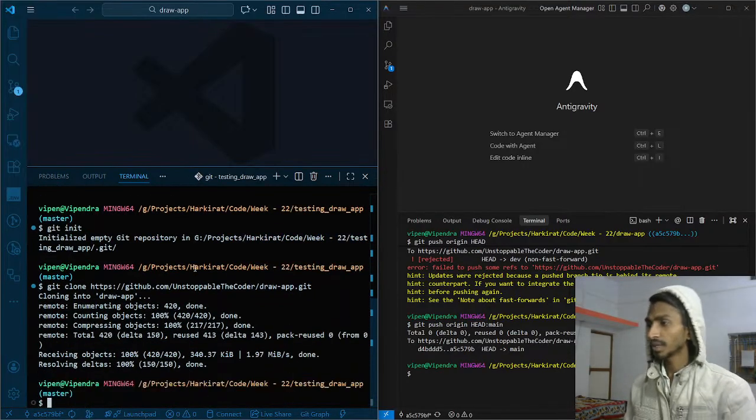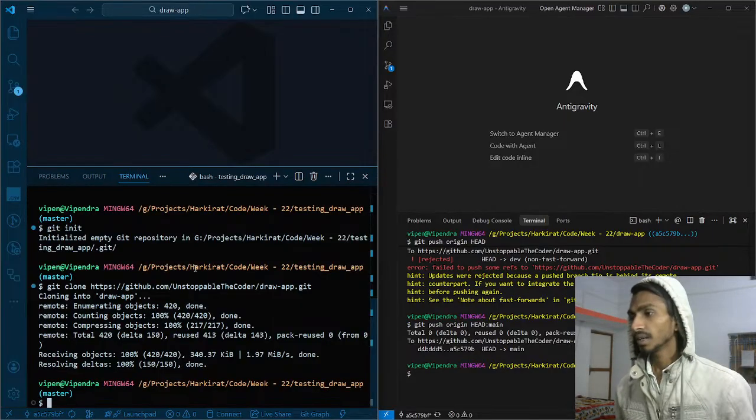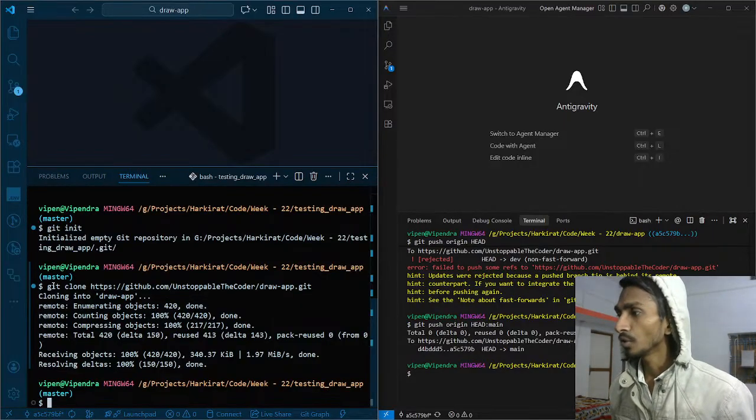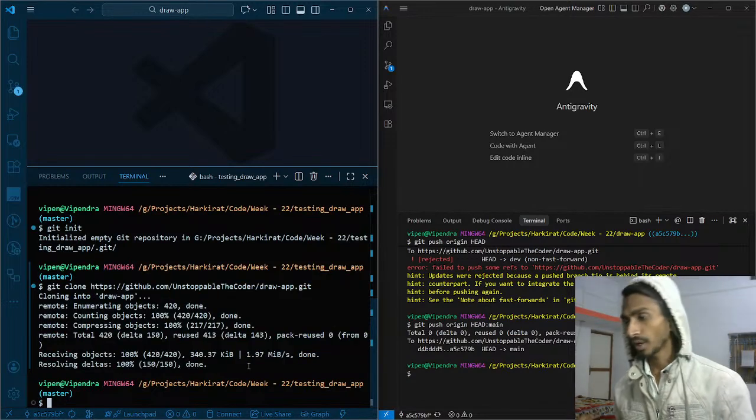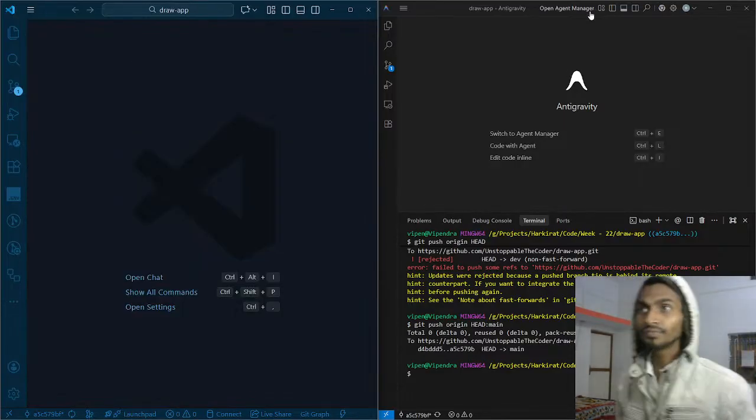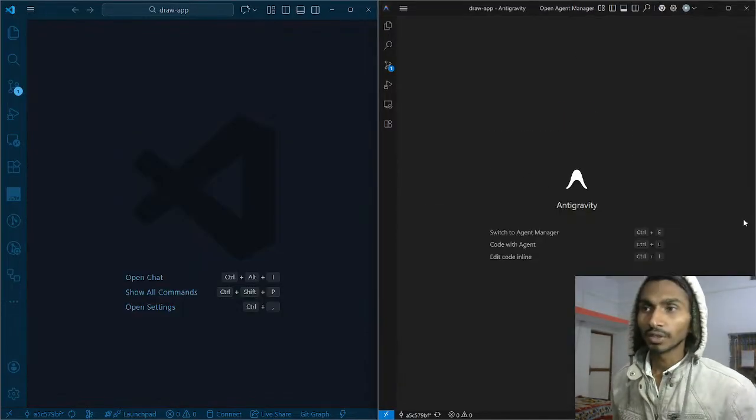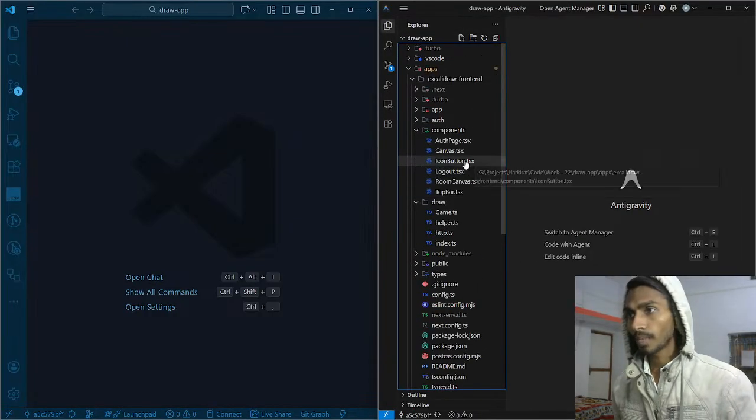Why am I pulling it again? I'm cloning it because in this particular copy I do not have that bug, but in the current one I do have that. So I'm just checking what is the difference between them, what exactly have I changed. So let's go here. First of all,